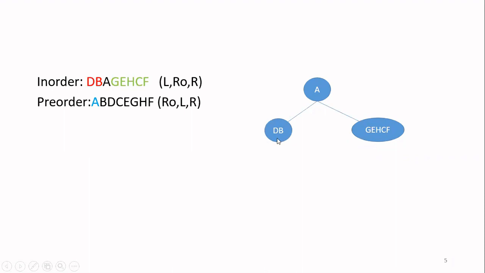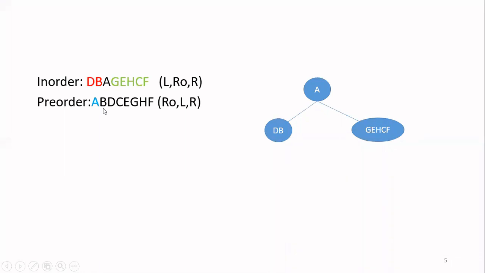So from where can I find out? Only from the pre-order. So go to the pre-order. Out of these two nodes, D and B, see which appears first in the pre-order. Already you have filled A, so don't focus on A now. Check out of this D and B which appears first from the left direction. So B is appearing first.